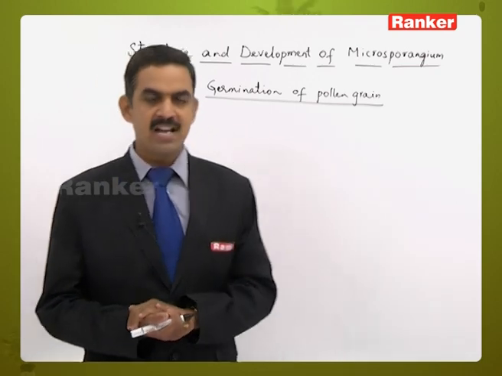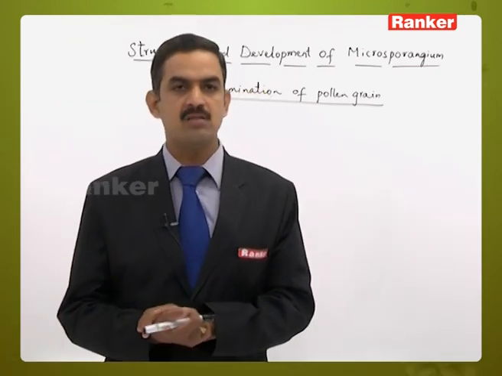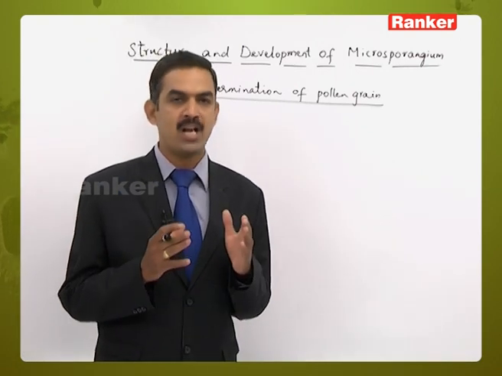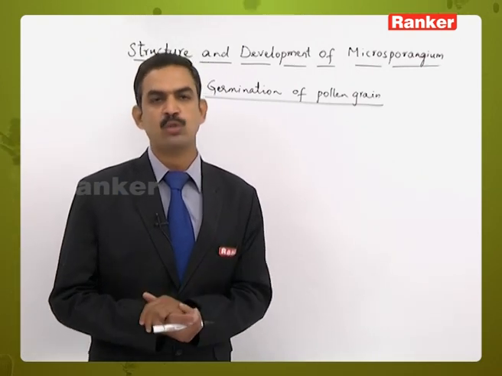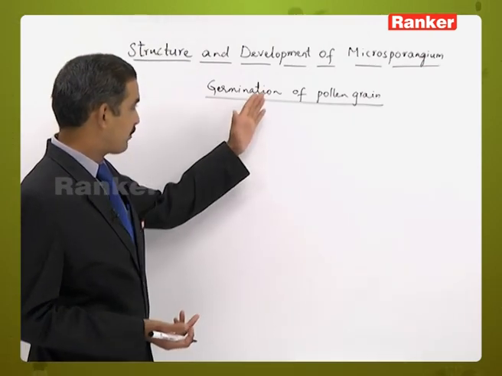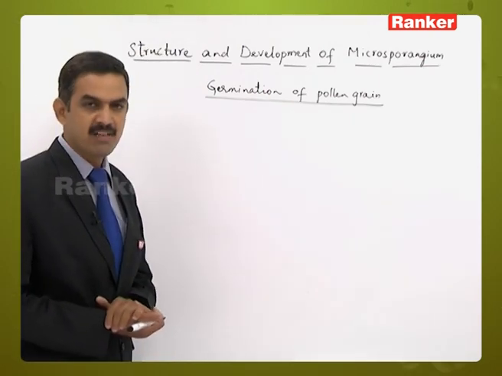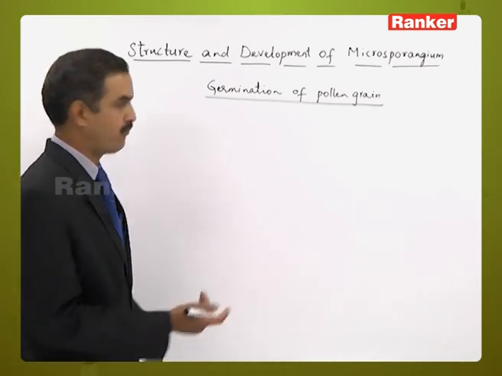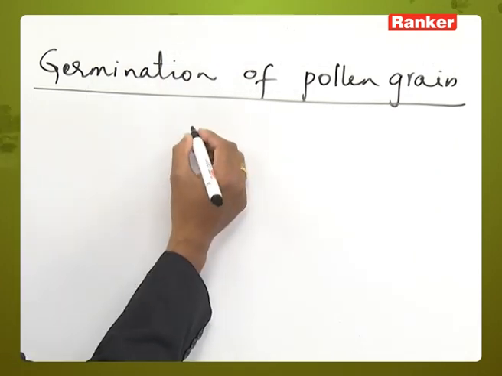And as we know, in angiosperms the gametophyte stage is highly reduced, which does not have any plant organization and is represented with only a few cells. So, that is the process where the germination of the pollen grain helps in the formation of a few-celled male gametophyte. So, if we take the pollen grain here,